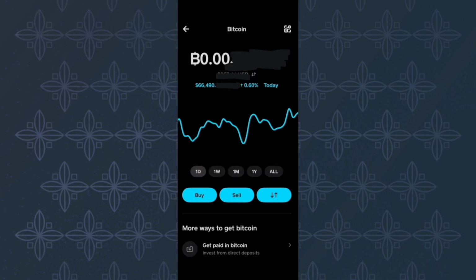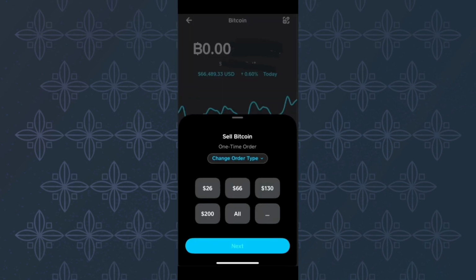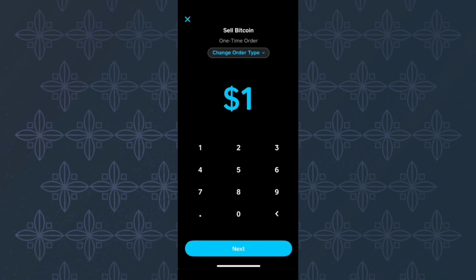Come back to the previous page where you saw the Bitcoin charts. Once again, go to the section that had three options. From them, tap the one named Sell. Once more, this menu appears where you have to choose the amount you would like to sell, so go ahead